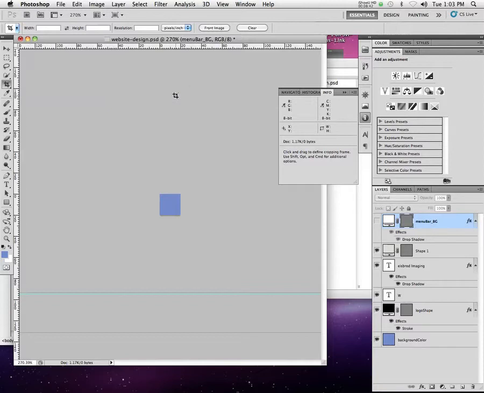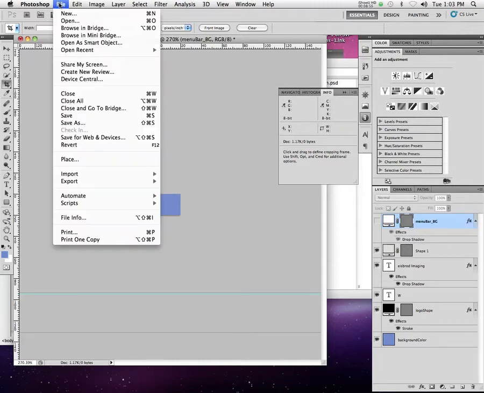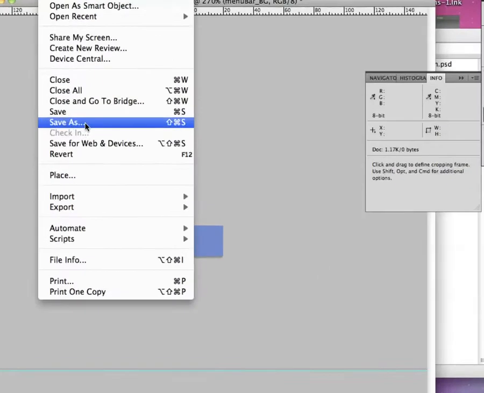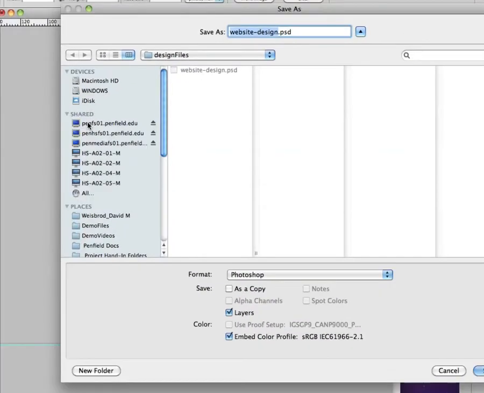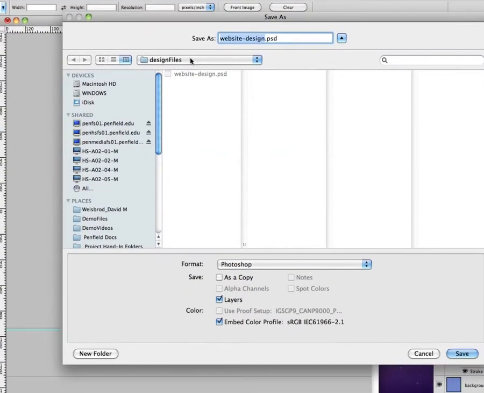Now this is a dangerous place that I'm in right now, because if I hit File Save, I've lost a ton of stuff. Now you can get it back. So if you accidentally do that, call me over before you close it. If you close it, you're done. If you hit File Save but don't close it, we can get it all back. What I'm really going to do is go Save As. You've got to be really careful because they're right next to each other. Save As. Then I'm going to get out of the Design Files folder, go into the Images folder here, and call it